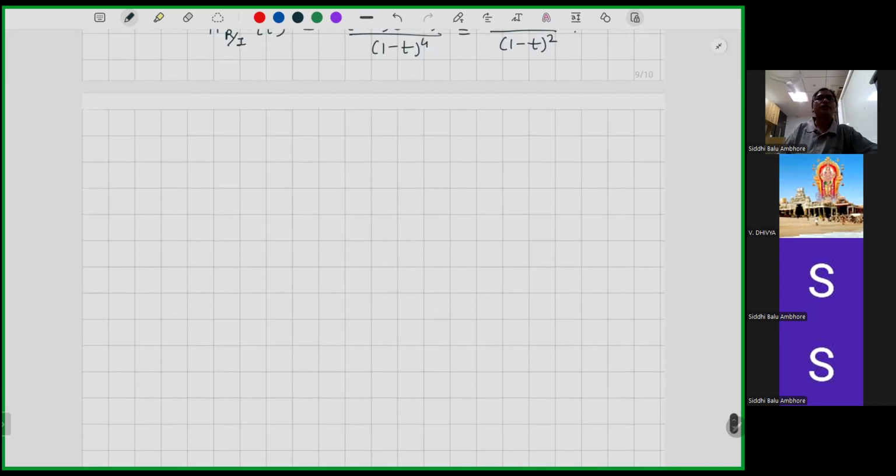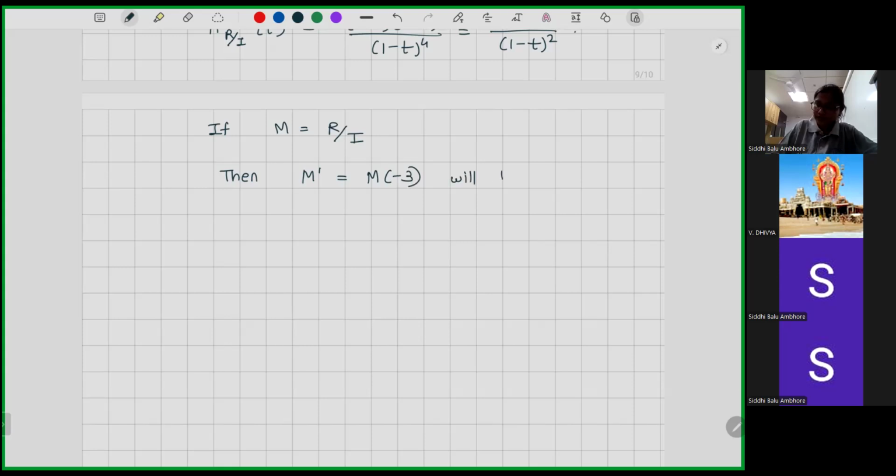So the required module M: if we set M to be R mod I, then M dash, which is M shifted by minus 3,